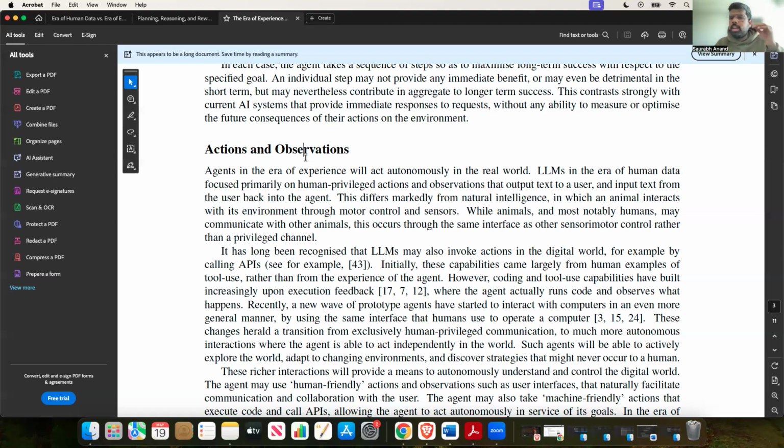Suppose it ran the code and it didn't work. It'll probably try something else from its static knowledge base, and check if it worked or not. In most cases it does, but sometimes when you want to try out something novel, it might not work. That speaks to the sheer brilliance of LLMs. They have been able to solve so many things, but as the paper said, to go beyond this and achieve superhuman intelligence will require interacting with the environment. And that is what this action and observation section was.